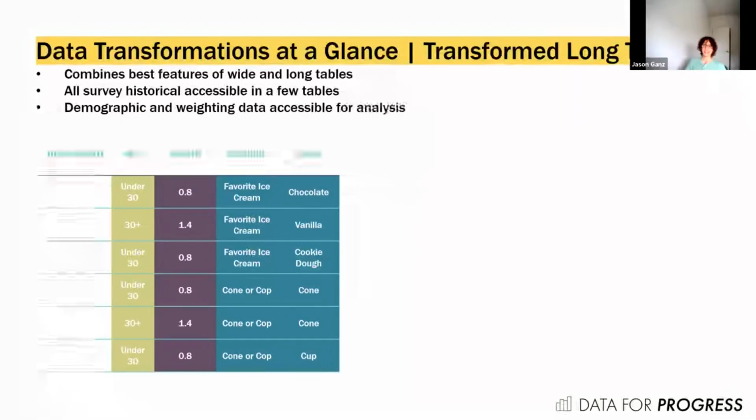That's where we went and we started working on transformed long tables. And the transformed long tables combine the best features of both the wide and the long tables. So we were able to have all of our demographic and weighting information on every row, but then everything that was just a normal question continues to be a key value pair in the survey. So once you're doing that, then you can pretty easily work with this data and query it as you would